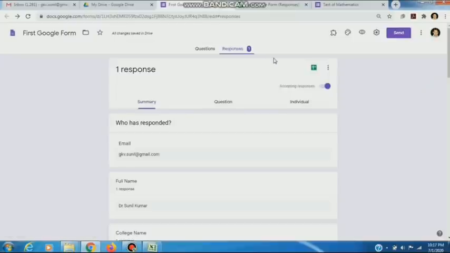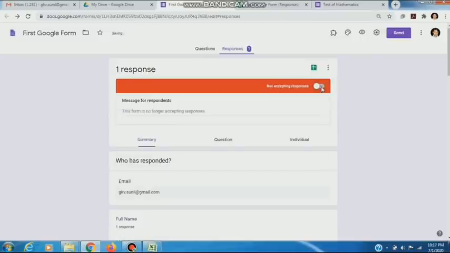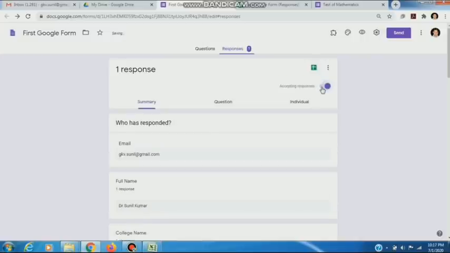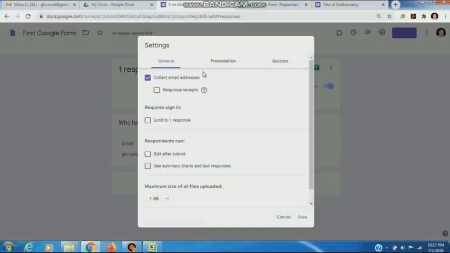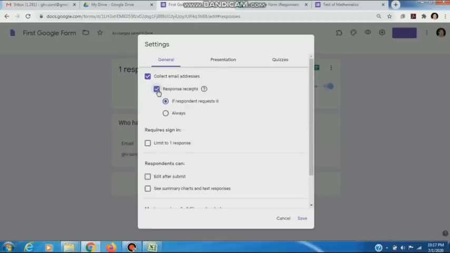Now, if we do not want to accept responses, then we can close it from here. Then anyone who submits a response, it will not be accepted. Currently we have it open. Now we can make some settings here. General, collect email address, yes. Response receipt, we can choose always or respondent request. Whatever option we want, we can click on it.